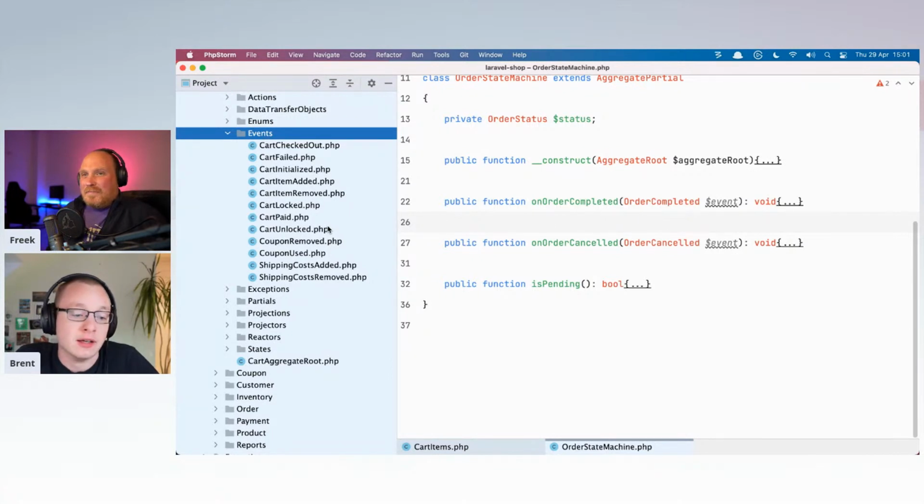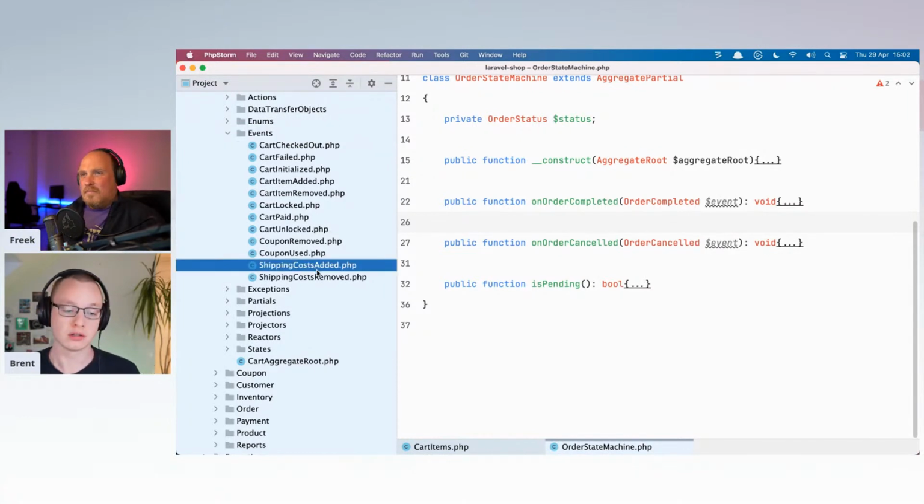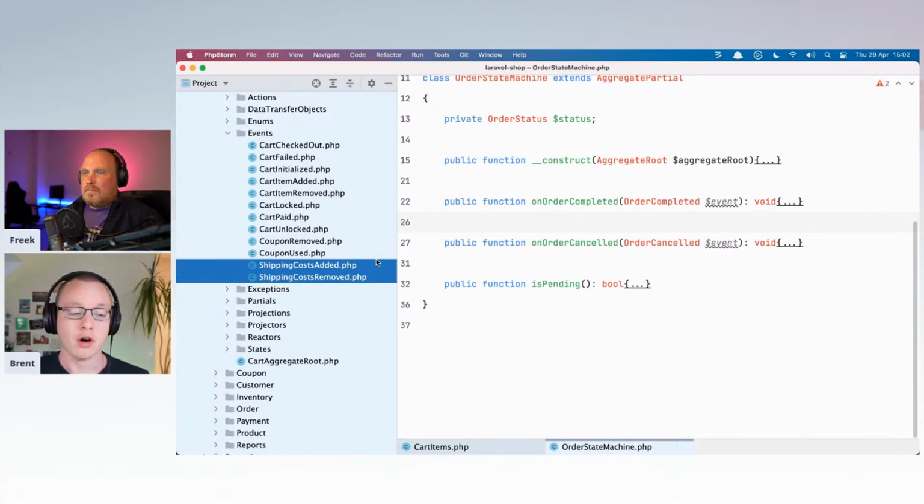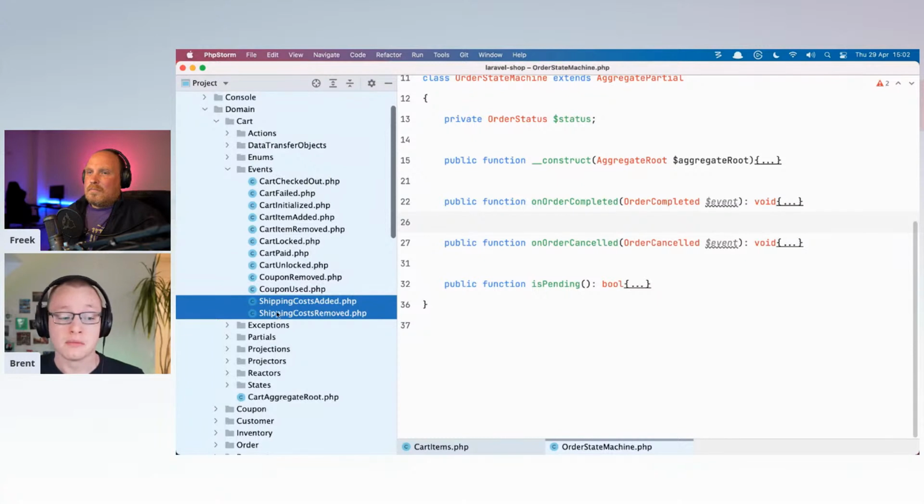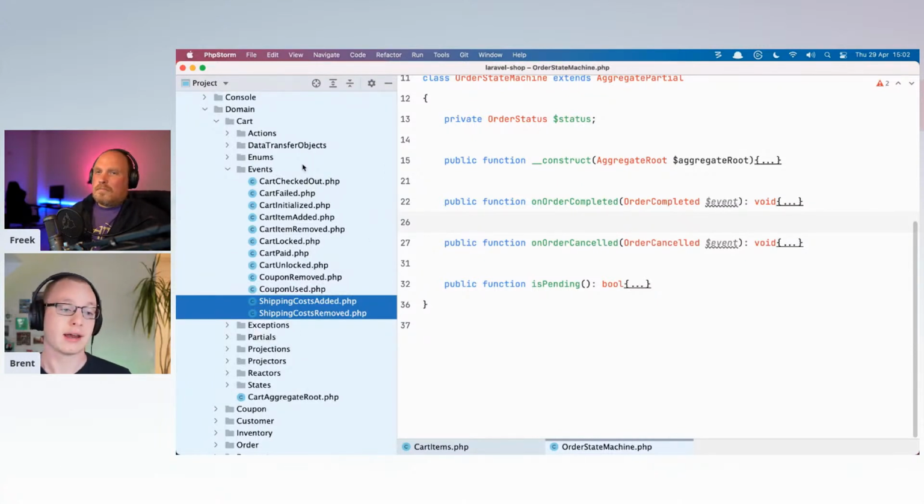Yeah, definitely. And it's worth mentioning that not every event can be triggered directly by the user, of course, like the shipping costs added and removed. Maybe you would want to build some kind of admin interface where there could be some kind of override and shipping costs could be removed, even though you don't meet the required amount of items or money in your cart. But these two happen behind the scenes, basically. But still, it's some kind of functionality that can come out of this cart aggregate.